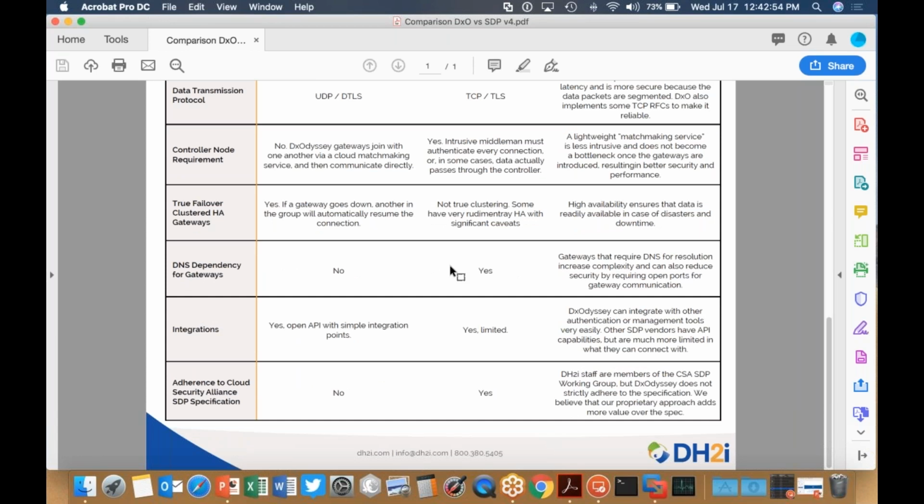And DNS also factors into that. So we don't actually require DNS for our gateways, whereas many others do. We can integrate very easily with our open API for your various applications that may need this, whereas others have more limited integrations. And then the final one here is that